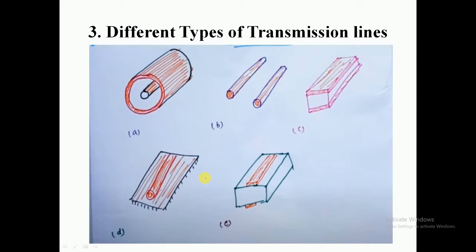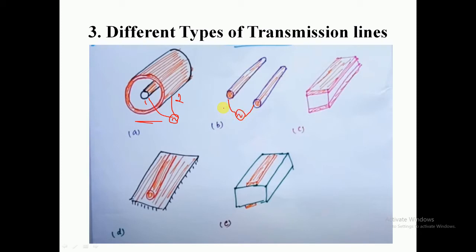Here in this first figure it is easily visible that there are two conductors, an inner conductor and an outer conductor. So using these two conductors, with the help of a voltage difference, we can transfer power or energy from one place to another place. Similarly, in figure B you can see two wire parallel lines and vice versa. Next, we are going to see them one by one.